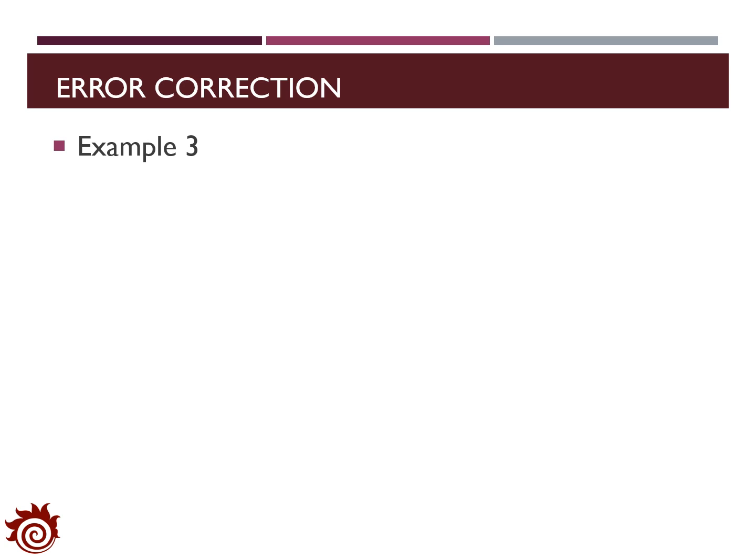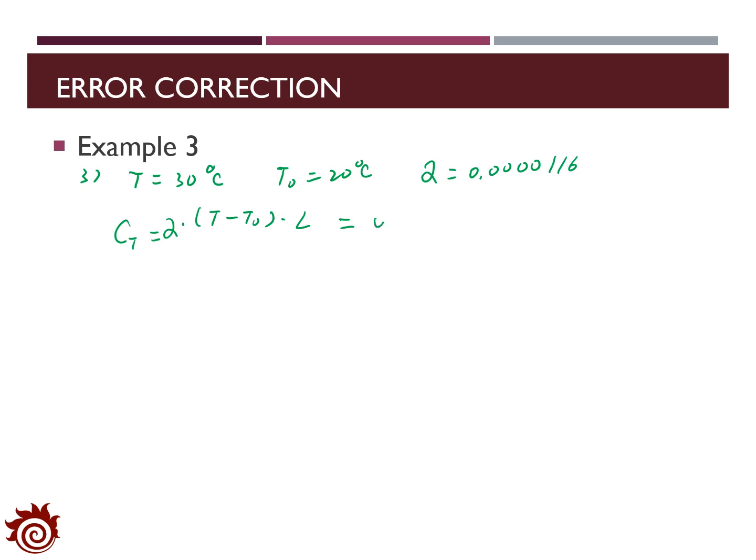The next correction we will consider is for the temperature. We know that the applied temperature is 30 degrees, and the standard temperature is 20 degrees. Also for the tape, we are given the coefficient of temperature as 0.0000116, and then we can find the correction for the temperature. We will apply the correction as T minus T0 times L times alpha, which is 0.0000116 times 30 minus 20